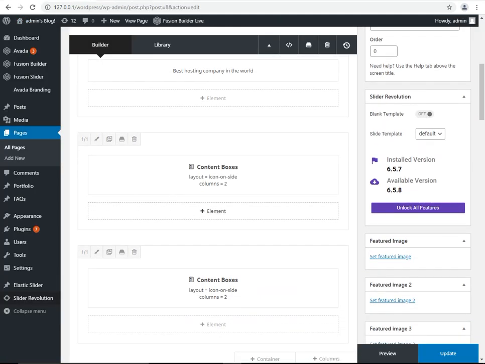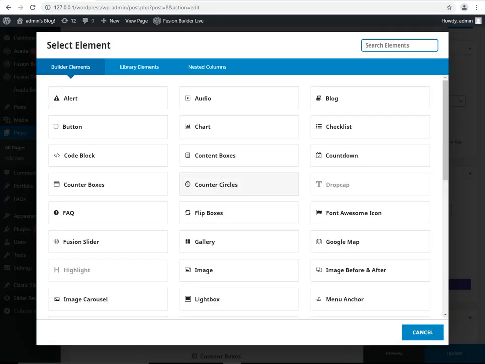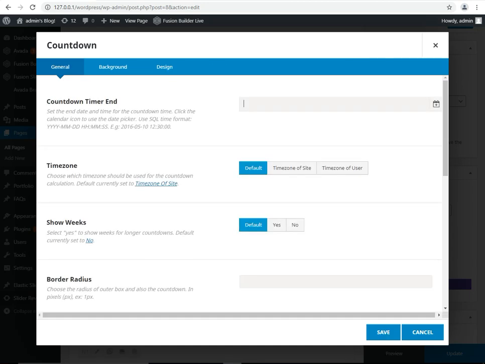You can also add any type of element for your requirements. Like we are going to add here countdown, countdown time, and you can set different types of countdown here.